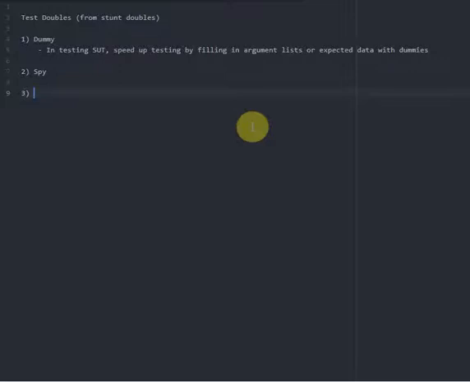The next one is stubs. Stub. Okay. So to remember what stubs are,